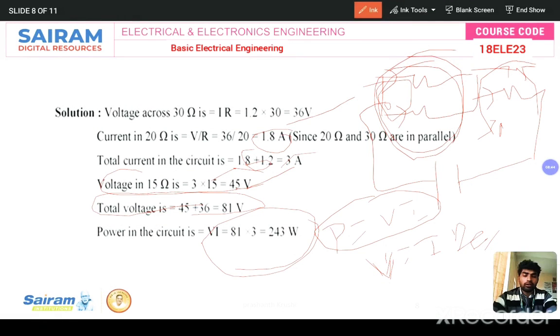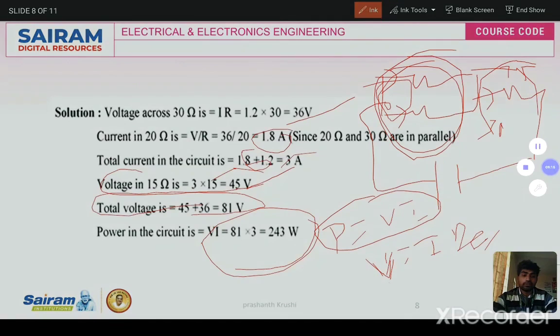So this is how we solve the problem. First you draw the circuit diagram, after that everything becomes easy. Otherwise it is somewhat difficult. If you are doing it without a circuit diagram, without analyzing, or without taking the values properly, the problem will definitely go wrong. So draw the circuit diagram, note down the values, and finally write the answer: 243 watts, power in watts, everybody knows that.